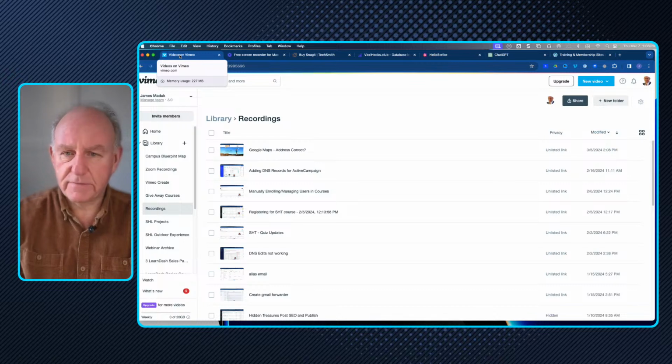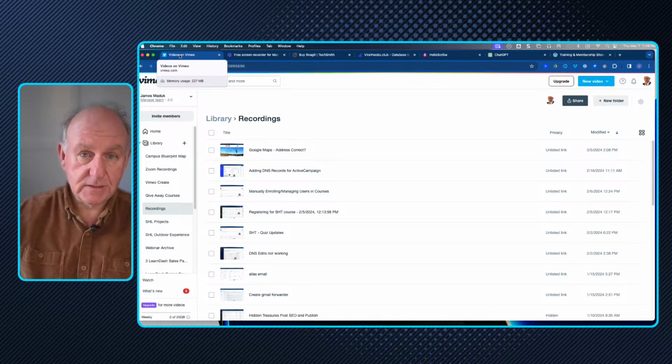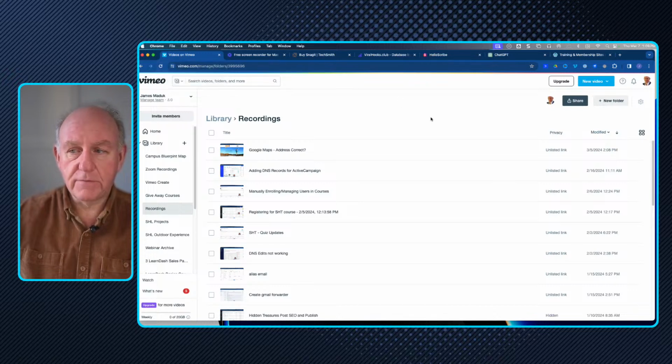There's a number of plans available. I've been using it for 15 years, so I'm on one of the older ones. But the gist is here is that there are some extensions for Vimeo. Now here's the great one. If you're using Chrome or even Edge, Microsoft Edge uses all the same plugins or extensions as Chrome does, so you can do that. And if you look on the top, my toolbar here at the top, you're going to see there's a V for Vimeo. Vimeo Record, it's screen and